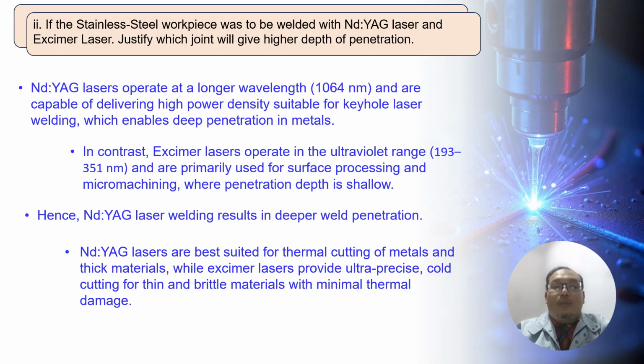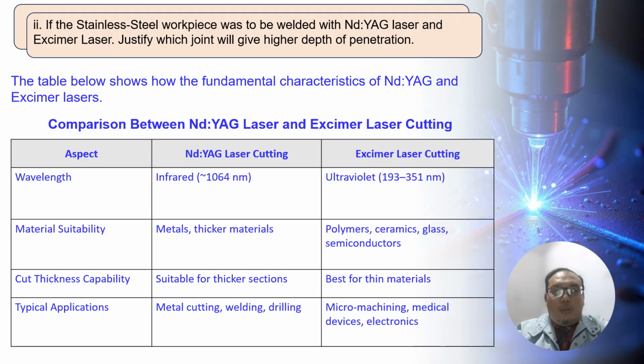Nd:YAG lasers are best suited for thermal cutting of metal and thick material, while excimer laser provides ultra-precise cutting for thin and brittle material with minimal thermal damage. Continue my answer for question 2.2. The table shows the fundamental characteristics of Nd:YAG and excimer laser. The first aspect, wavelength: the wavelength for Nd:YAG laser is 1064 nanometer, while the excimer laser is at 193 to 351 nanometer. Material suitability for Nd:YAG is metal or thicker materials, while excimer laser cutting is mostly for polymer cutting,